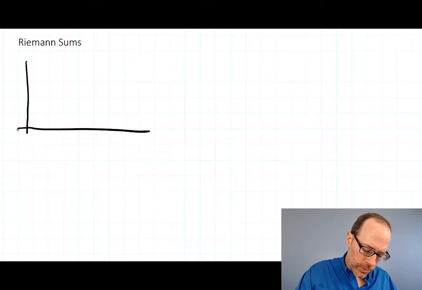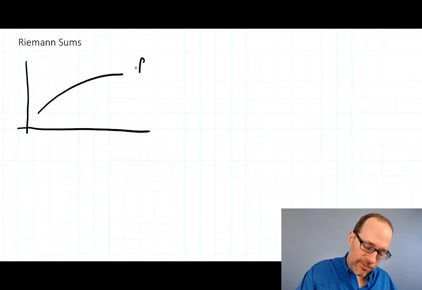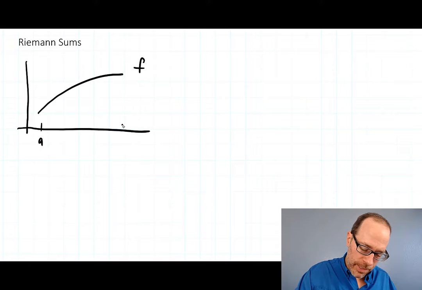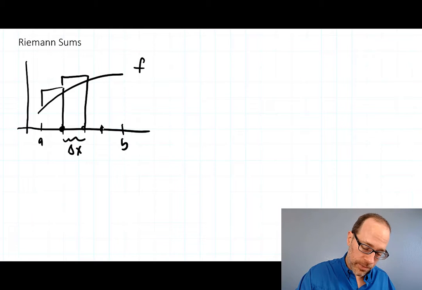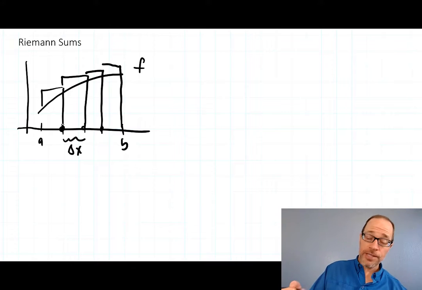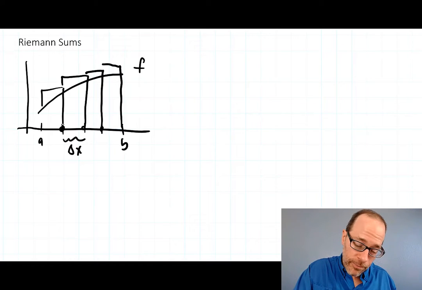So the old picture was this. You had a function f over some interval a to b. You wanted to approximate the area. So you divided it up into a bunch of intervals of width delta x. We grabbed the right-hand side here, for instance, to make rectangles. And then we added up the area of the rectangles, and it approximated the area under the curve. So the area